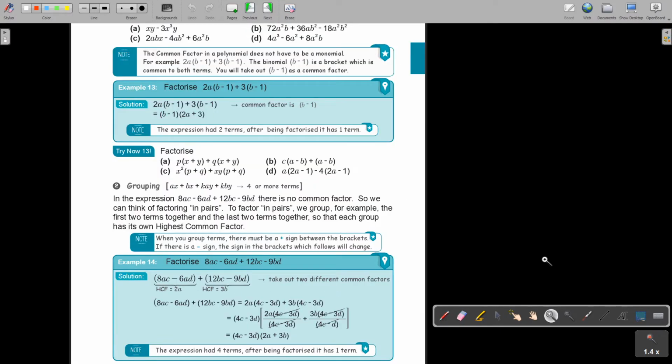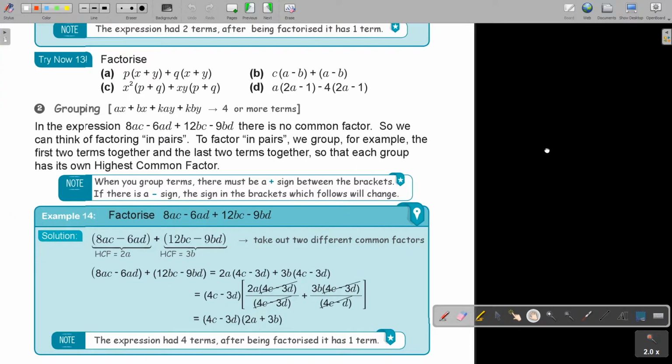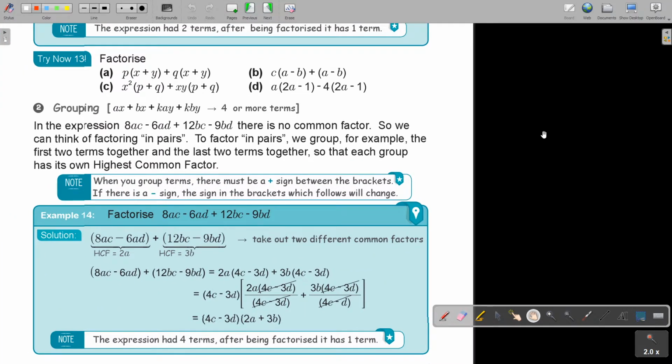As I said, I'm just running very briefly through everyone. Now I'm at grouping. I just want to show you quickly grouping. Grouping is usually having 4 terms or 6 or 8, but most of the time 4 terms. What you do is actually a common factor, but you cannot take a common factor out of all